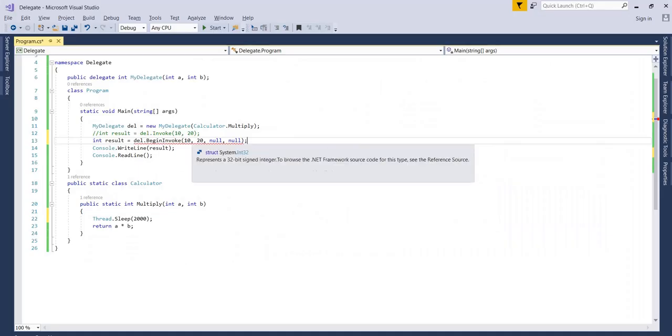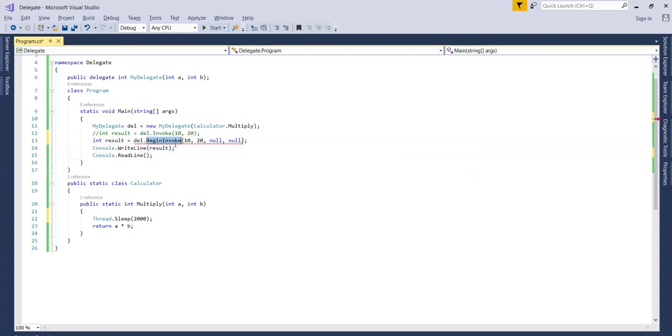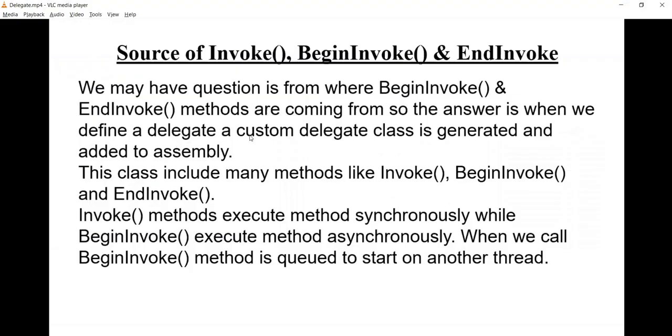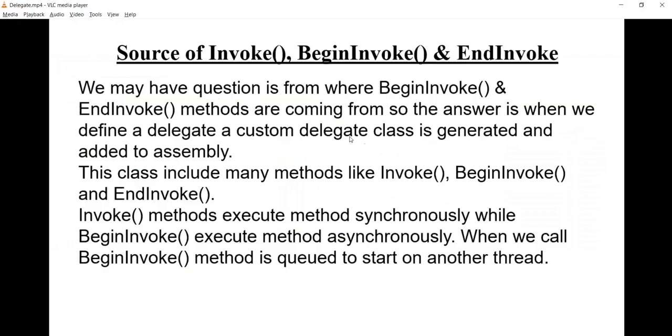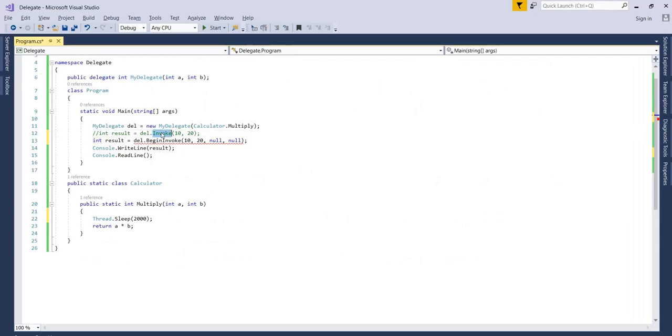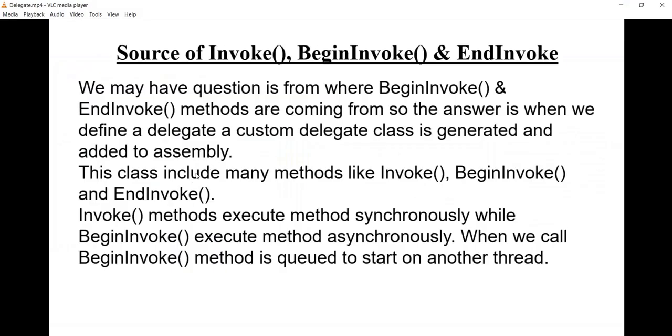Okay, before that we will be wondering from where this BeginInvoke or EndInvoke is coming. So when we define a delegate, a custom delegate class is generated and added to the assembly. What is an assembly? Assemblies are of 2 types. The first one is exe, executable files, and the second one is DLL. So when we define a delegate, a custom delegate class is generated and added to the assembly. This class includes many methods like Invoke, we have seen, BeginInvoke, this one, and also EndInvoke we will